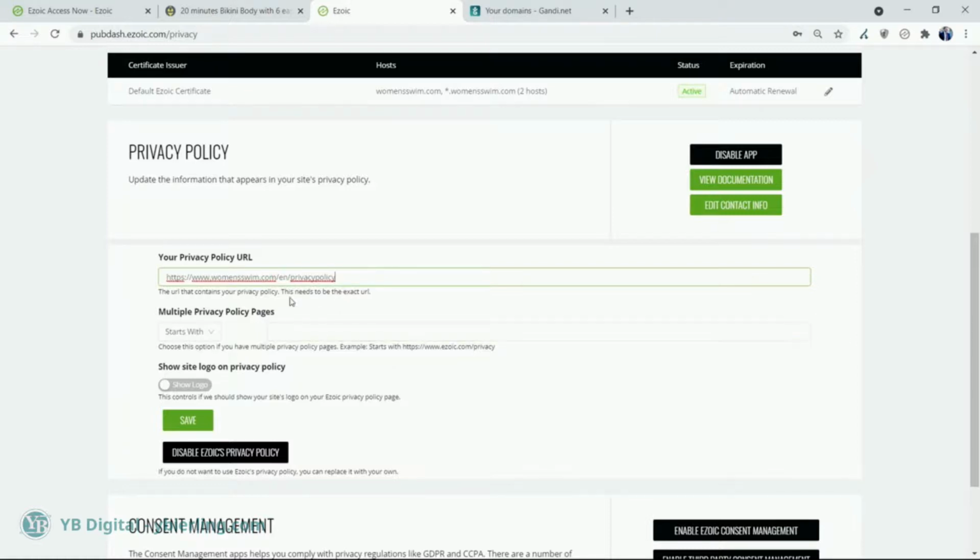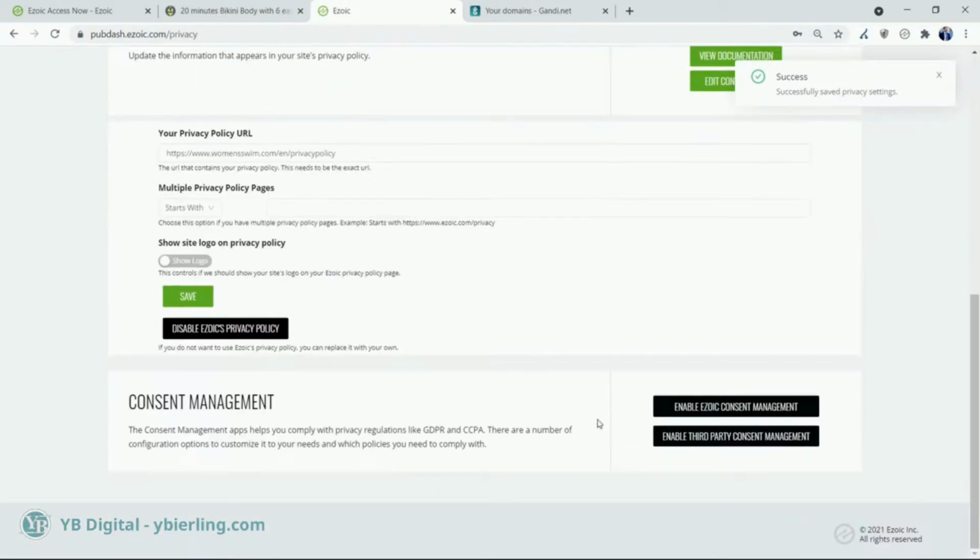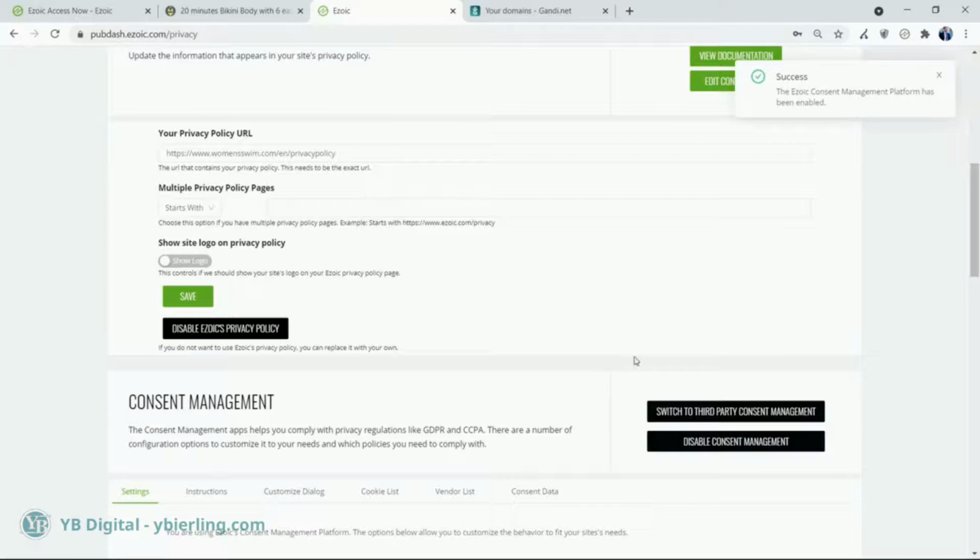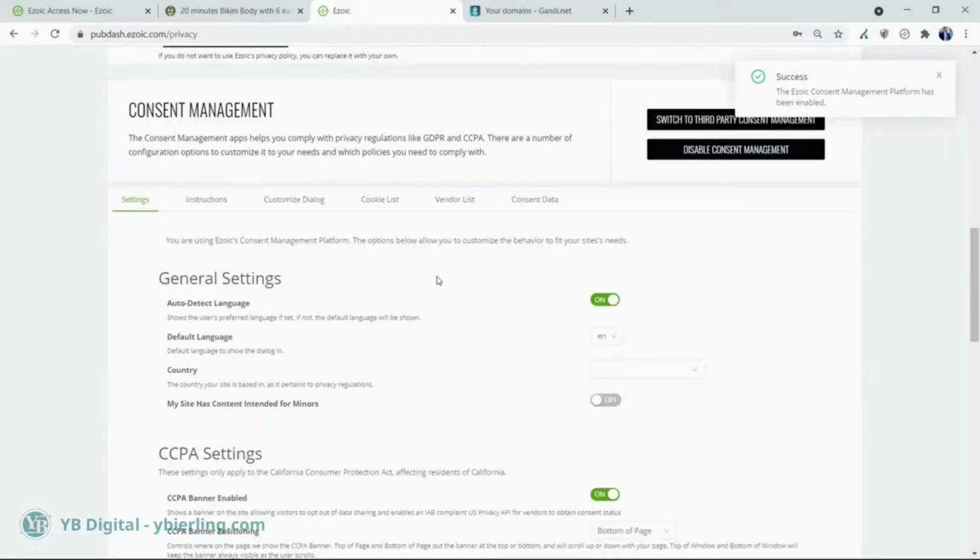And so here I just tell Ezoic where is my privacy policy. And here, just with the click of a button, I can enable a consent management pop-up that will work everywhere in the world, and will be only displayed when necessary. So the one for Europe to European visitors, the one for California to Californian visitors. And if new regulations come up, Ezoic will manage it on my behalf. I have nothing to do. So let's enable it. Of course, it's much better than having to manage myself